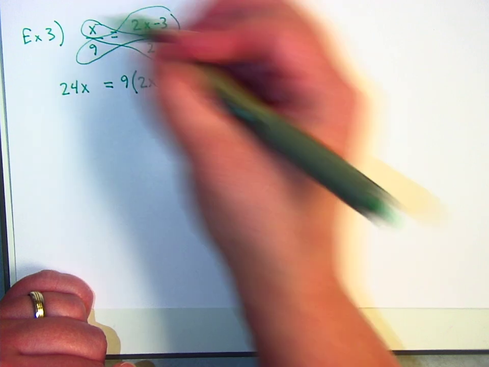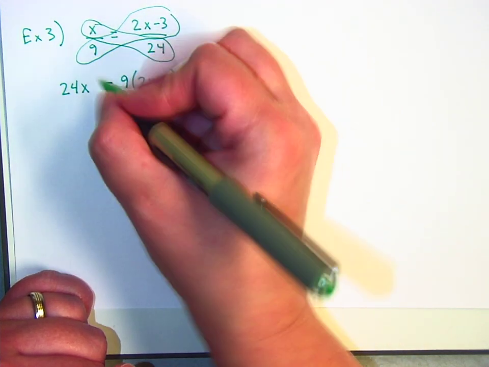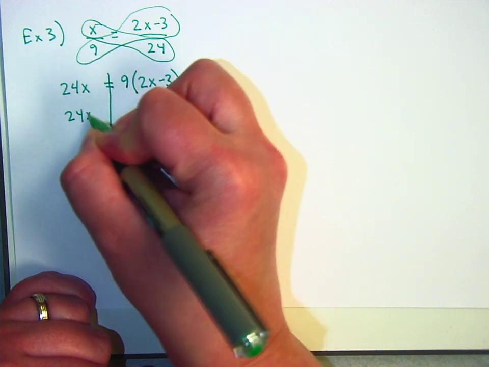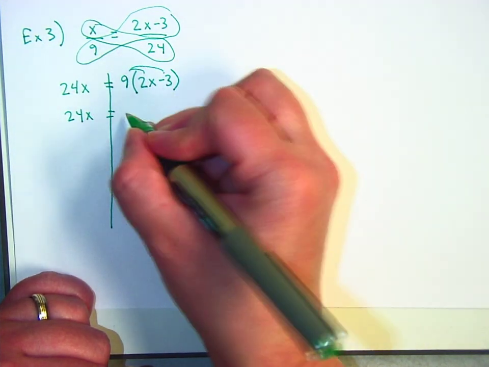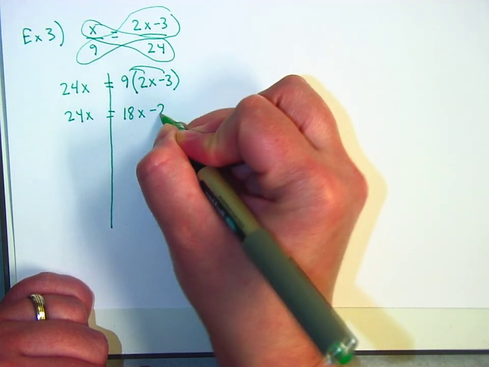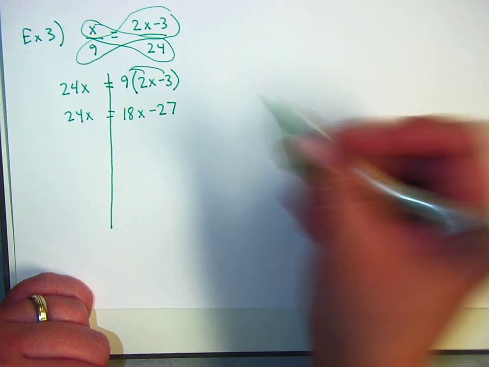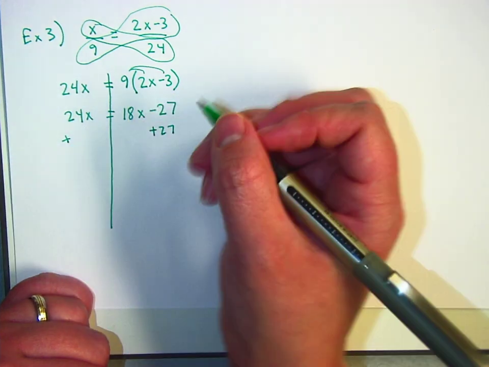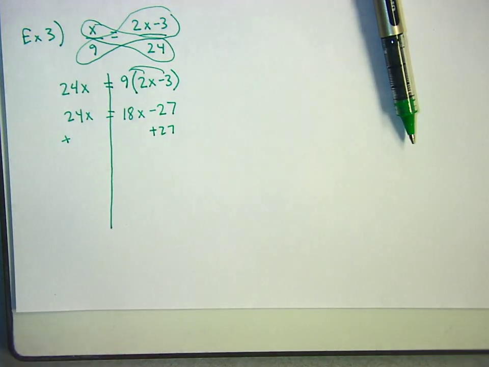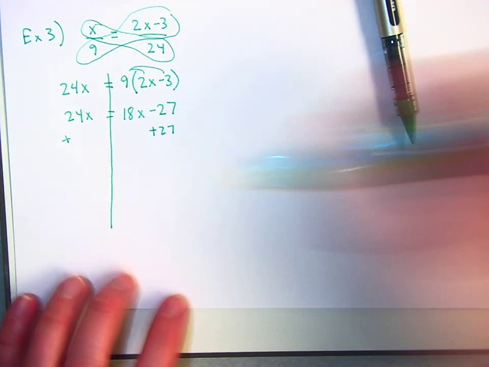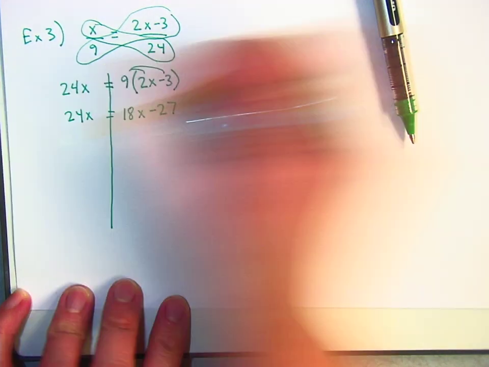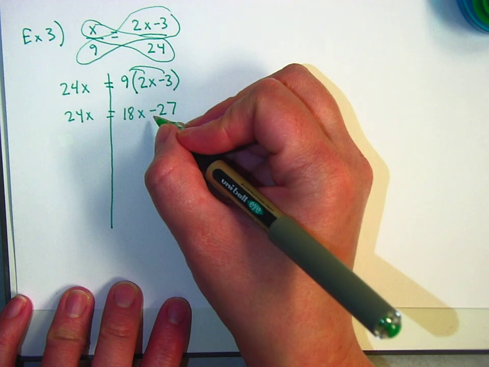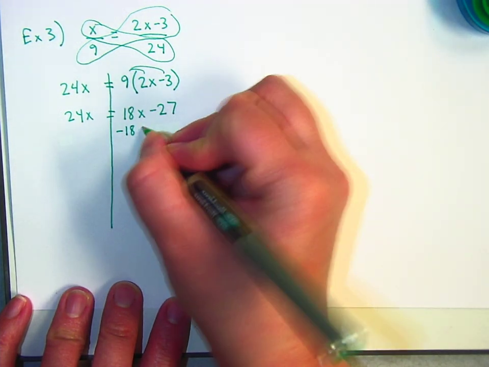Notice it doesn't matter which part of the x I do first. So this is 24x equals, if I distribute, 18x minus 27. To get rid of the minus 27, I'm going to add 27 to both sides. Oops, that's not right. That was a mistake of mine. I thought this was a number without an x, but I was wrong. So instead we're going to subtract the 18x on both sides,